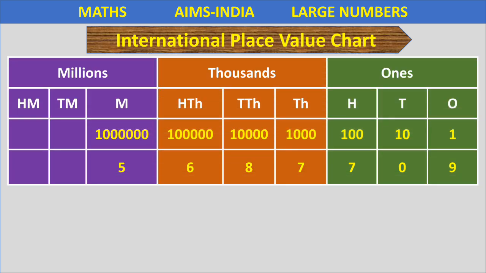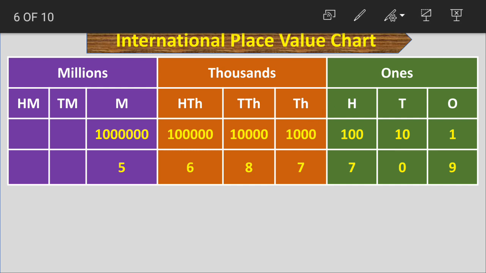Okay, if you look at this international place value chart, the first three are same. In the ones period we also had ones, tens and hundreds. The international chart also has ones, tens and hundreds. Now what comes after ones period, children? Thousands period. Yes, thousands period comes after the ones period. And what did we have in thousands period? We had thousands and 10,000. But in this place value chart, look at this here, we are having another new place value called the 100,000.